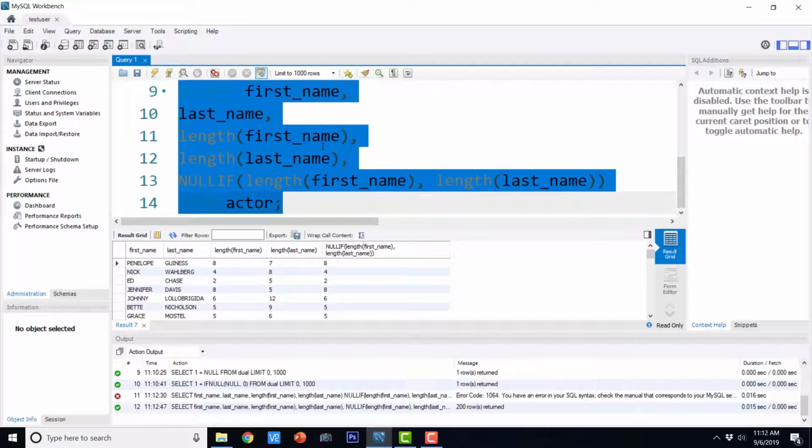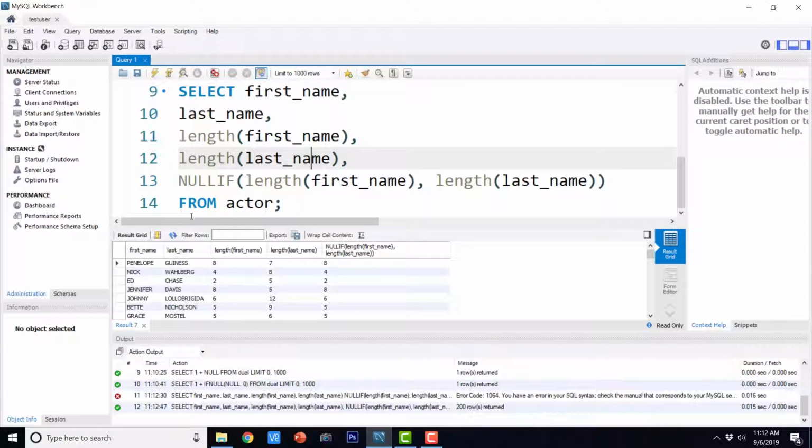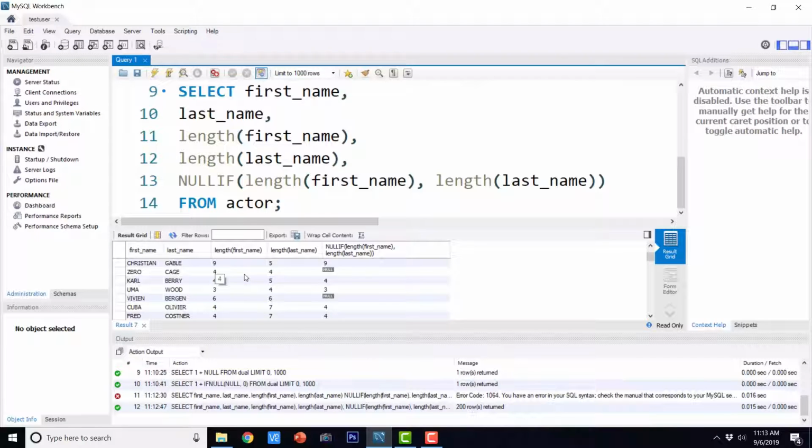So now let us try to understand the functionality of NULLIF. Basically, it is going to compare both the arguments, and if both the arguments are equal, then it is going to return null. And if they are not equal, then it is going to return the first argument. So let us see if the length of first name and last name is equal. So here 0 cache satisfies that condition. That's why there is null in the corresponding column that uses the NULLIF function.